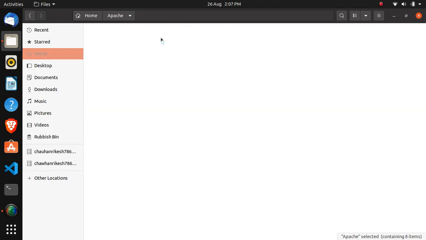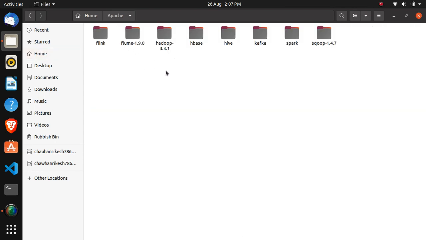I have put that folder with my other software. I have placed all my software, like Kafka and Spark, together in one folder inside Apache. So I have placed the Hive folder there too. After doing the extraction and putting the folder, the next step is